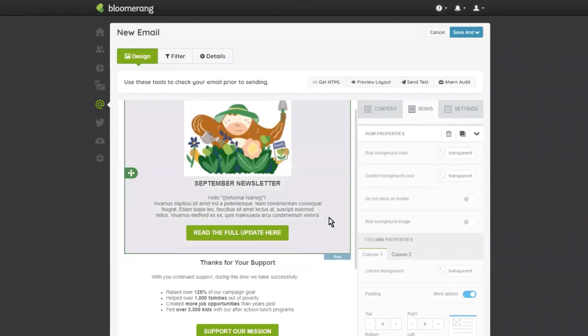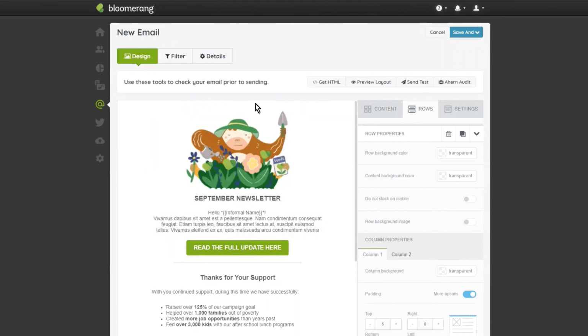All right, so some other helpful tips. One is always to save your work. So I'm going to click save and keep editing. All right, so now it's saved as my new Academy class template. And notice these tabs right here near the top. I have my Ahern audit. So if I click on Ahern audit,